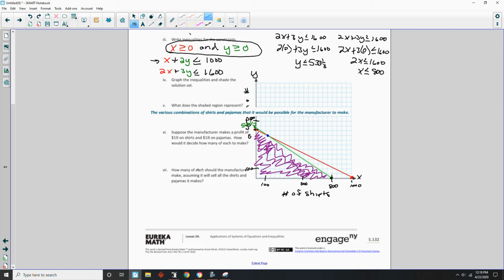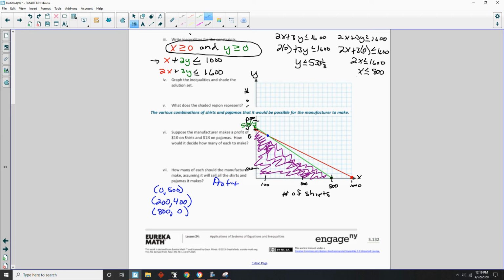So my critical points are 0, 500, this left end of the red. So it's the point 0, comma 500. That's 0 being x: 0 shirts, 500 pajamas. Or 200 shirts, 400 pajamas, which is right here, or down here at 800 shirts and no pajamas. So when I do this calculation, the profit, okay, the profit is